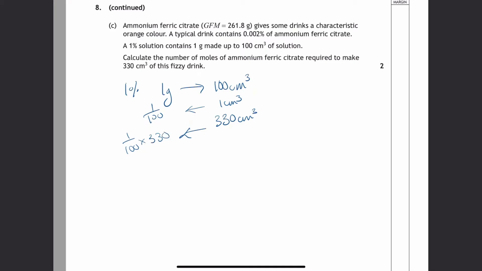So that gives us 3.3. So that means there's 3.3 grams in a 1% solution. So if we're wanting a 1% solution of that volume, it would contain 3.3 grams. A 0.002% solution then would be 3.3 times 0.0